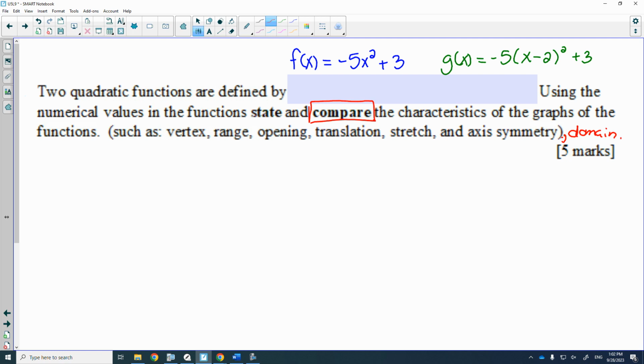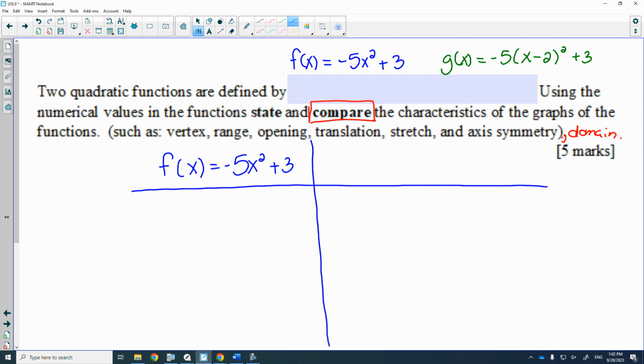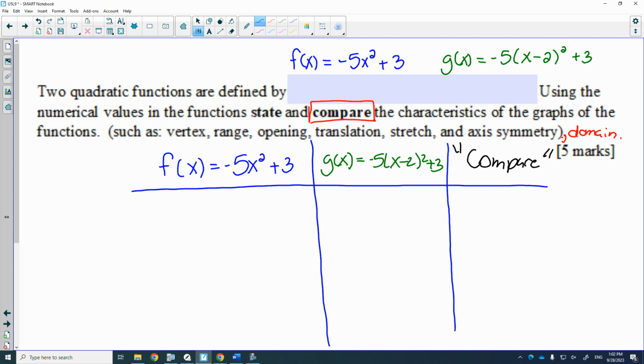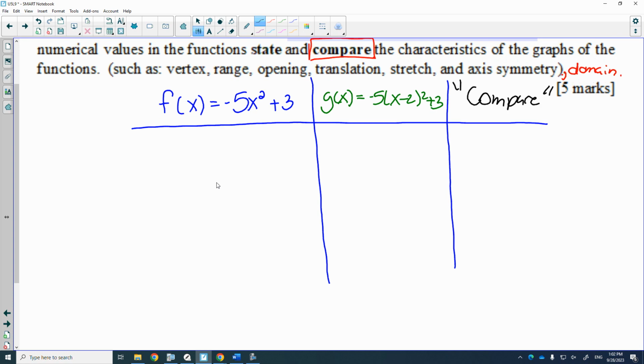Okay, so what I would do is I would divide this question in sort of 3 parts. So we're going to have the first function. We're going to have the second function. We're going to have the word compare. And we'll talk about what that means mathematically. And then what we are comparing is